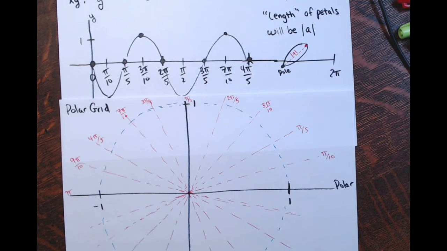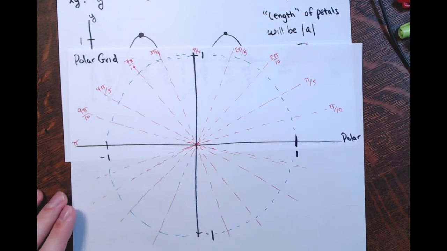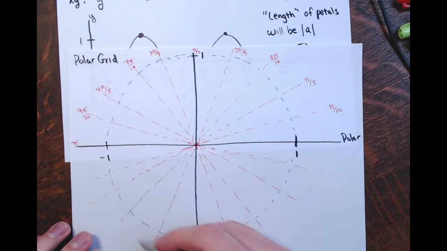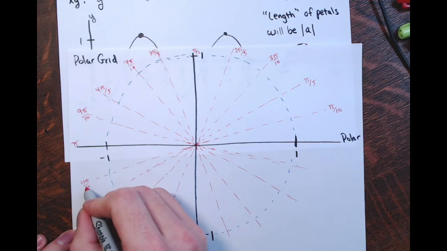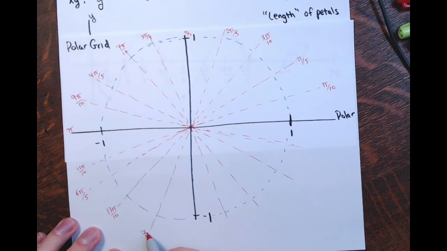All right. And yeah, I could do this all the way around. I mean, this is kind of annoying, but if you were trying to do this by hand and didn't have any grid paper, like I don't, I'll just fill this in, right? So that's not 10 pi over 10, this is 11 pi over 10 then, 12 pi over 10, 13 pi over 10, 14 pi over 10, 15 pi over 10, which is 3 pi over 2,